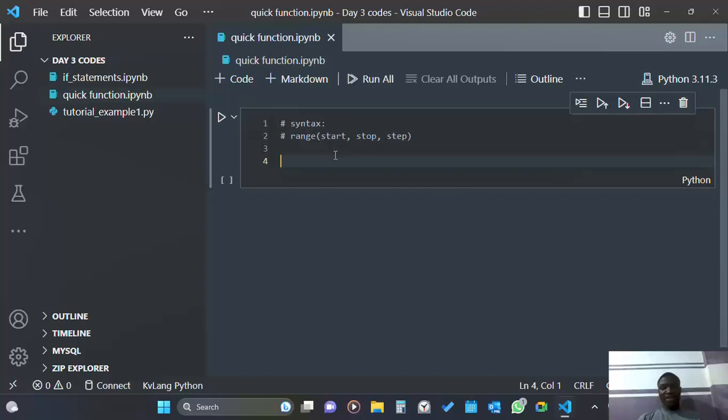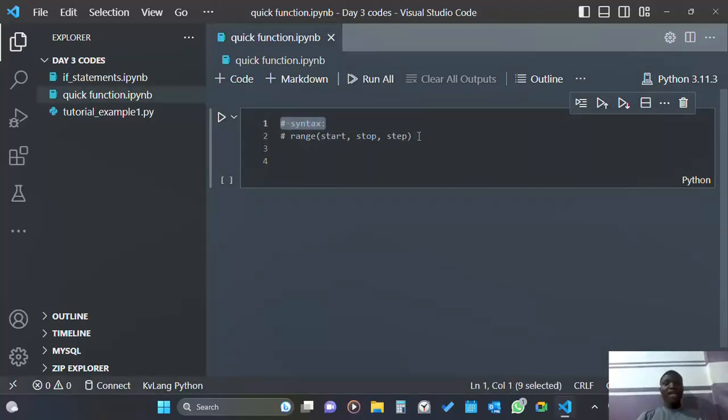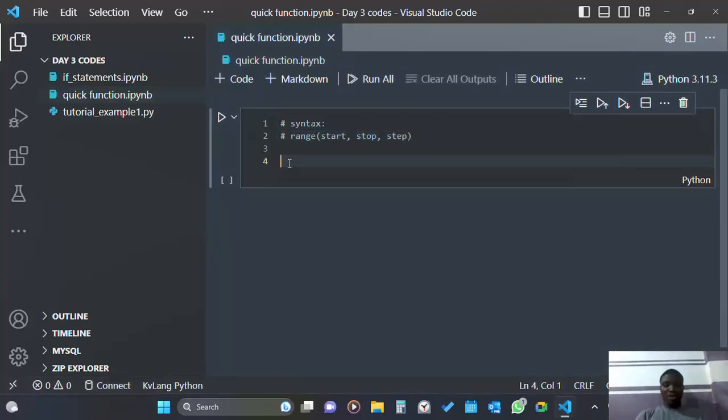Before we start the class for today, I want to introduce you to one function called the range function. The range function helps us generate a set of values, and the syntax for it is written over here. Now let's assume that you want to generate some numbers, something from 1